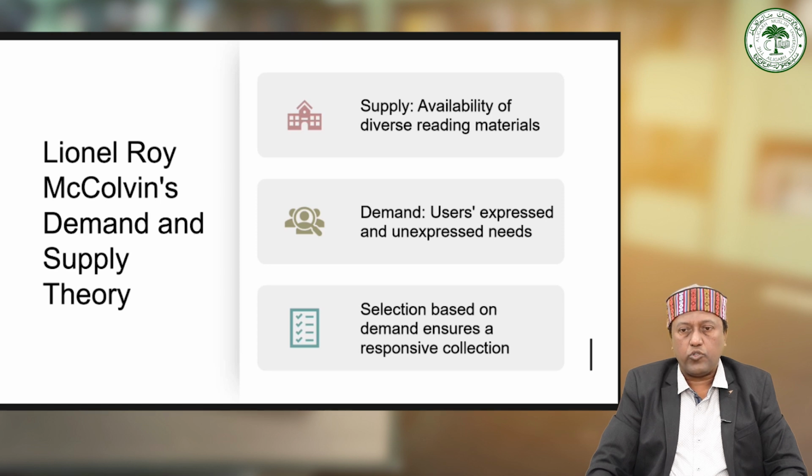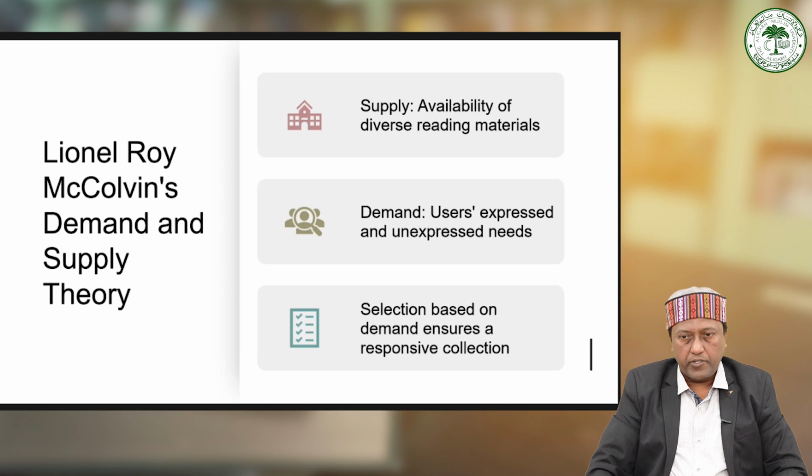McColvin defines demand as a user's expressed and unexpressed informational needs. Demand is not solely based on users' explicit requests for specific materials, but also includes their underlying interests, preferences, and information seeking behavior. Librarians must actively engage with users to understand their informational needs and preferences, whether through direct inquiries, user surveys, circulation statistics, or observation of users' behavior. By understanding the demands for different types of materials, librarians can make informed decisions about which resources to acquire and